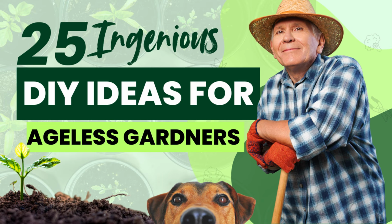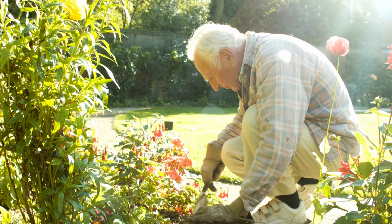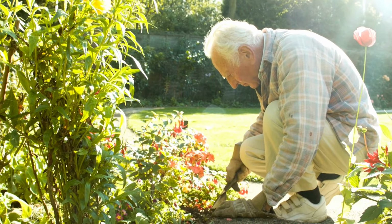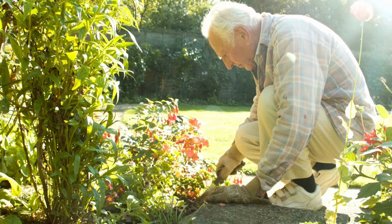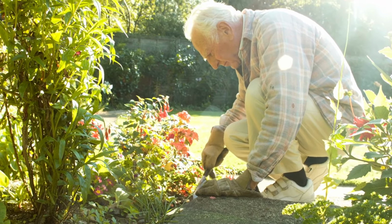Gardening, the gentle art of coaxing life from the earth. Whether you find solace in the whisper of leaves, joy in a blossoming bud, or magic in the soft embrace of a morning breeze, you're home here. For those whose hands have tilled the soil for decades, or who've rediscovered this calming pastime in retirement, welcome to